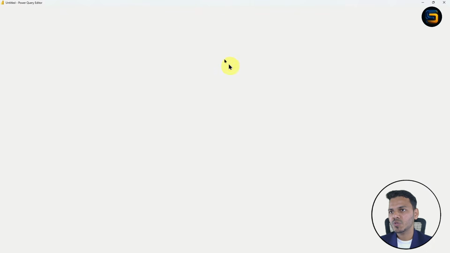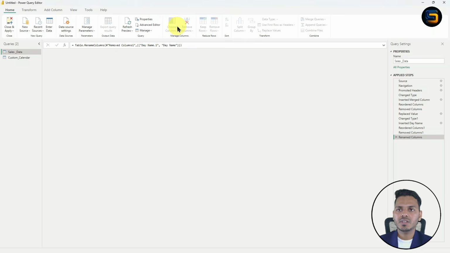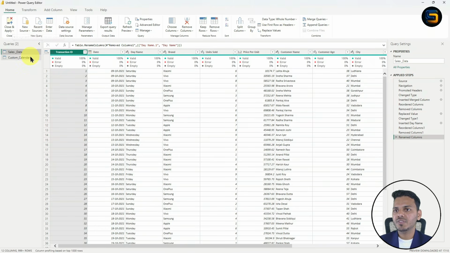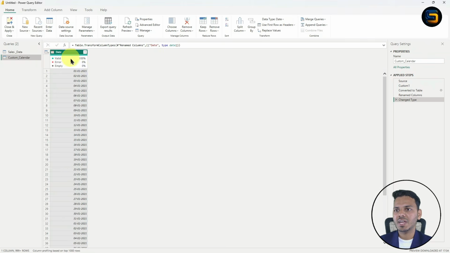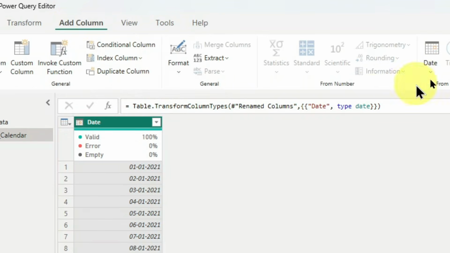So let me show you. Look here carefully. I will go to Power Query editor. Now here you can see this is a custom calendar, right? I forgot to tell you the ending date of this particular data. If you want to extract the last date, so that we can get clarity whether we are getting the complete 4-year record or not,